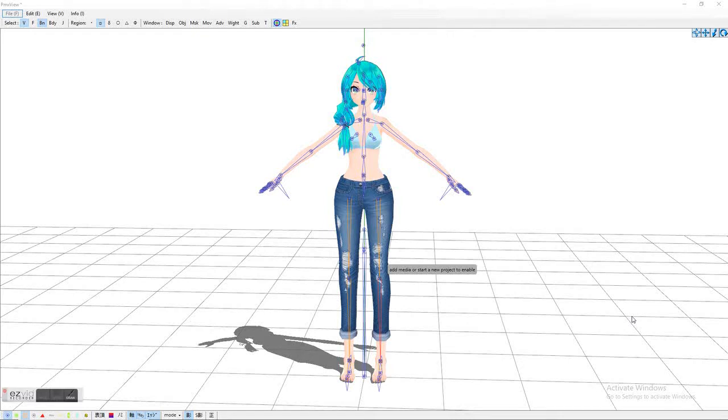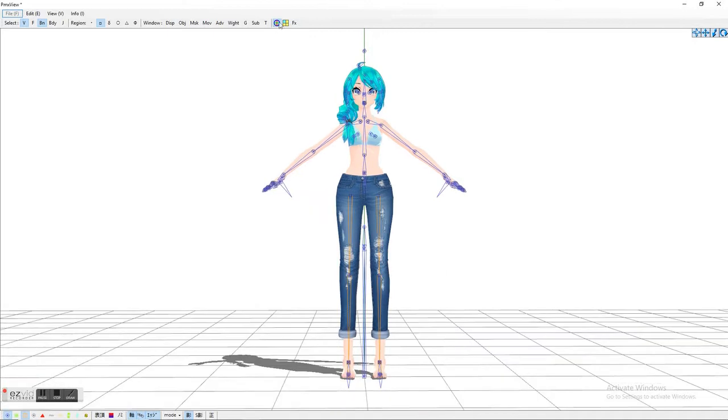Hello YouTube, welcome to another MMD PMD tutorial, and in this one I'm going to address an issue that doesn't really happen often, but when it does it just looks terrible, and I didn't know how to fix it for the longest time. I have to mention that it works with PMX only, so you have to use PMX. And unfortunately, I have no idea why it happened, so I can't really tell you that part, but essentially